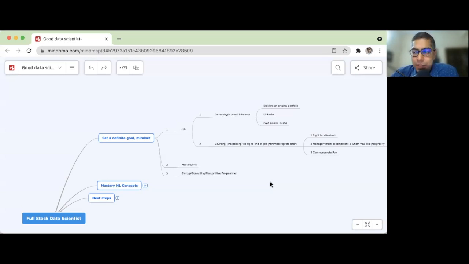How to approach LinkedIn. A lot of people just think, okay, LinkedIn is a vanity metric. I go, I list myself. No, LinkedIn is Microsoft's company right now. It's worth more than 25 billion. There are so many people on it. You should have a clear strategy to increase your inbound interest, and that's actually easier said than done. So we're going to be looking at that as well.